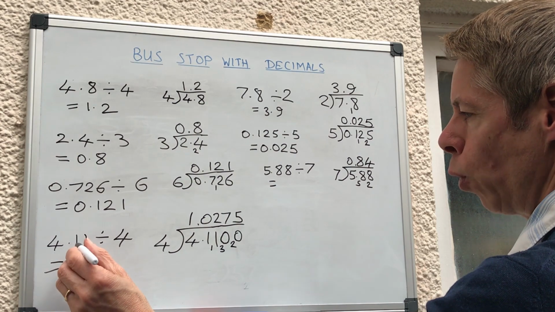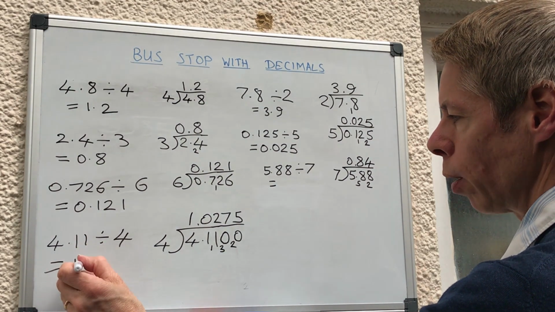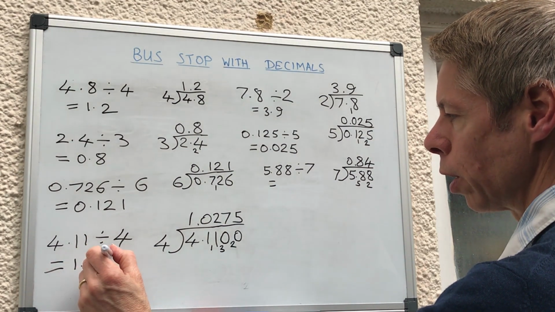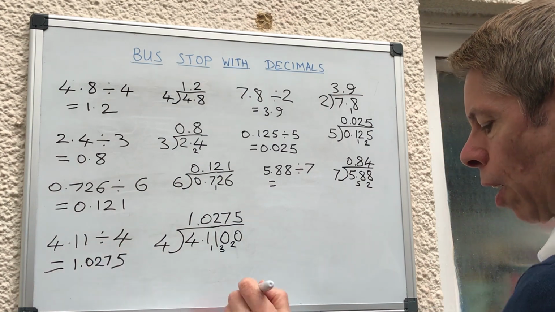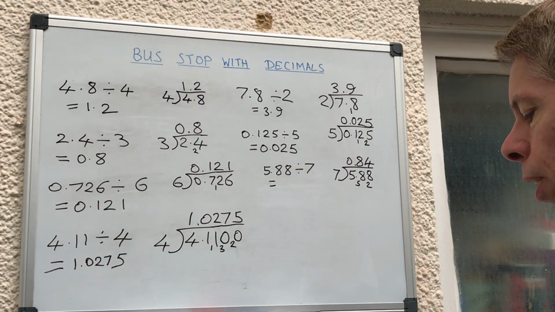So the answer to that, 4.11 divided by 4, is 1.0275. Okay, so what about